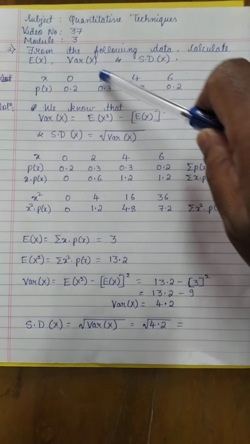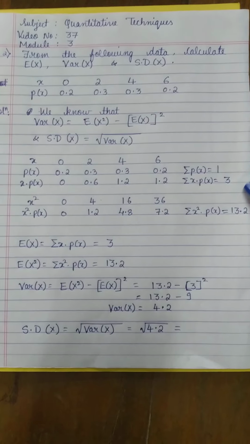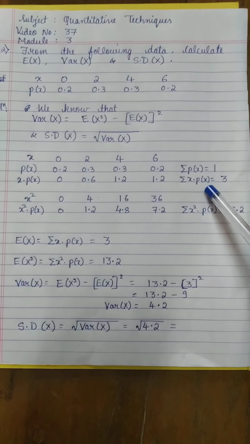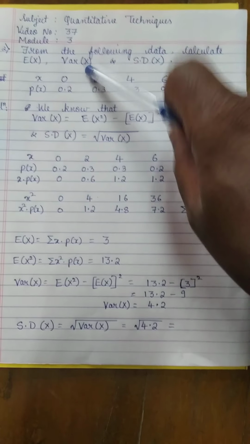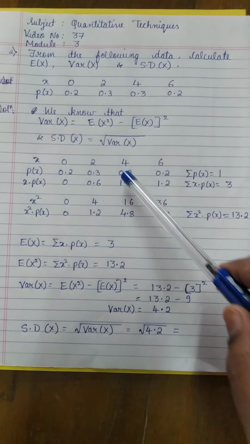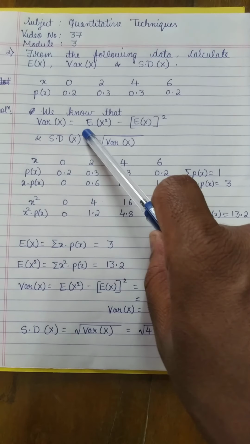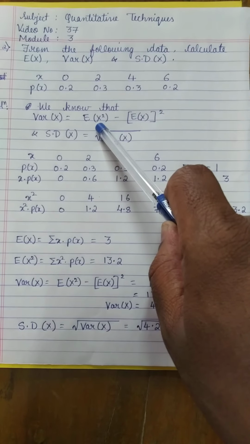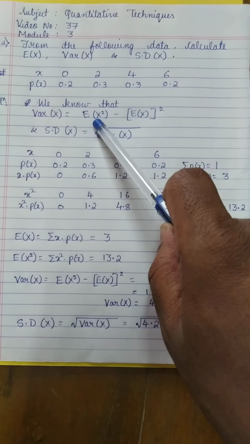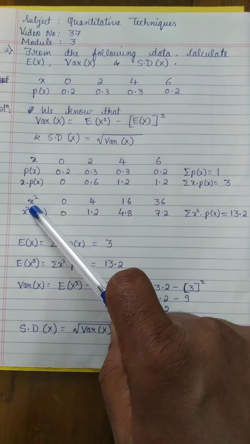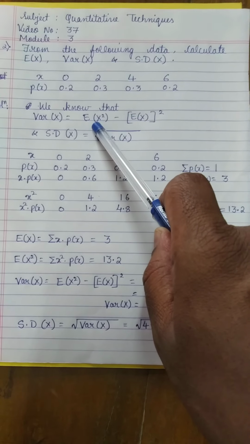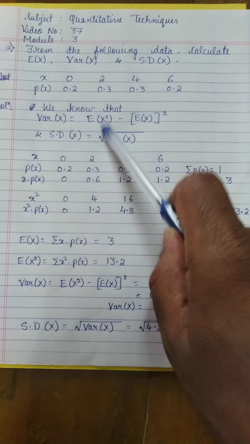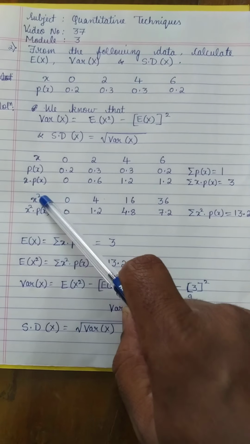The next step is to find out variance of x. E of x is nothing but summation of x into p of x. Now how do you find variance of x? We know the variance formula, and we know E of x now, which we have found just now. So what is E of x square? We have to find E of x square, and for that we need x square. Whatever is there in the bracket of E, that we need here: x square.